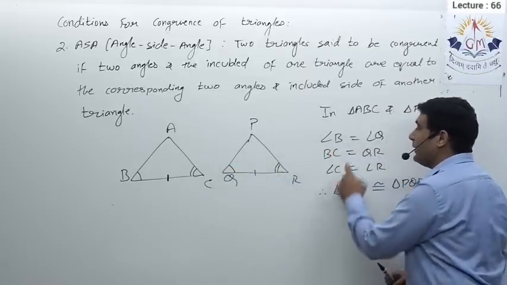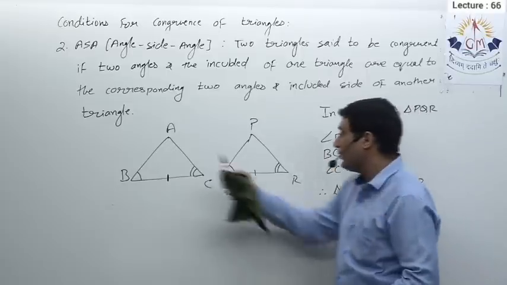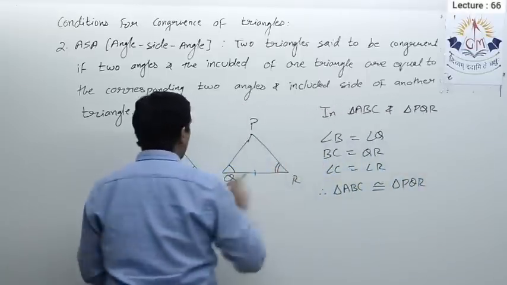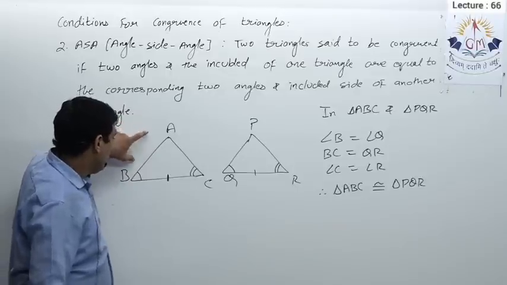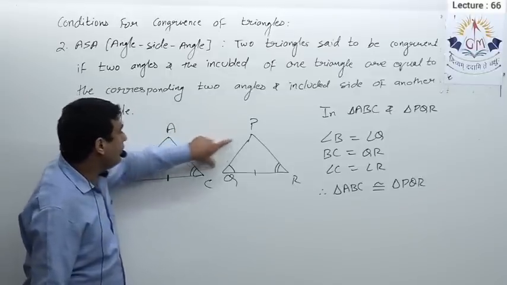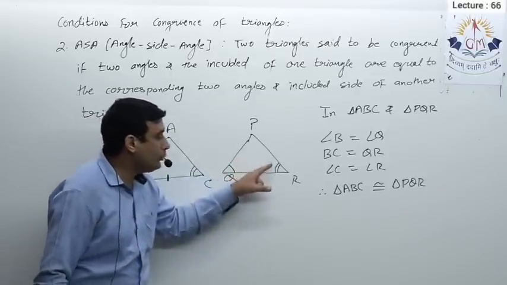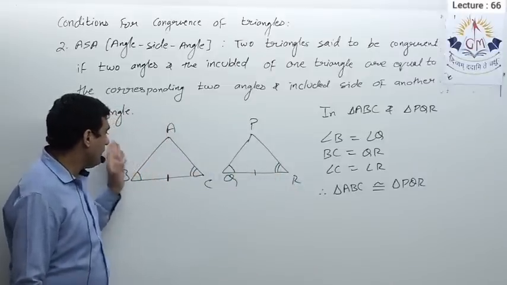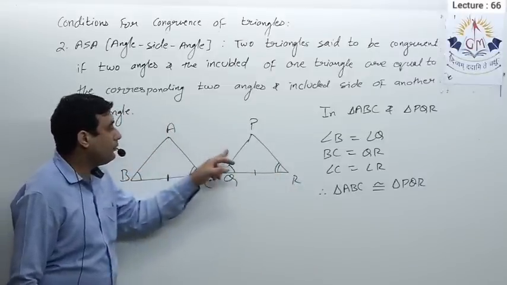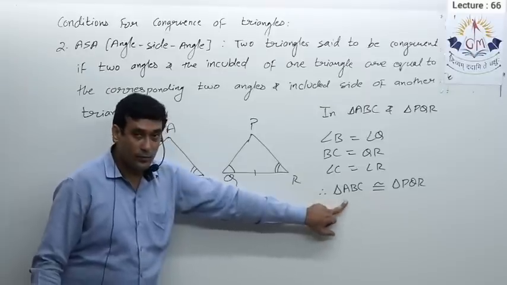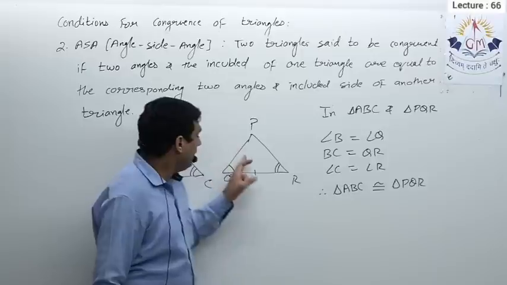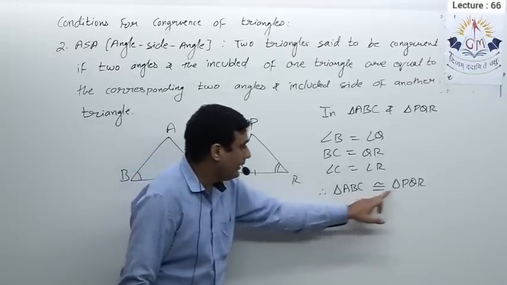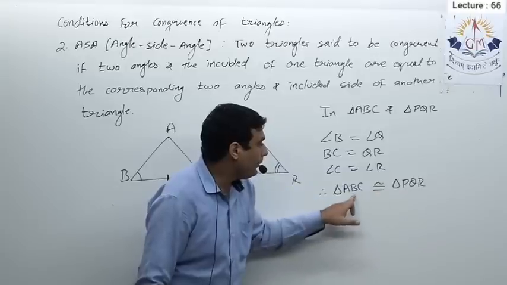If we talk about angles, it is very obvious that B and C are equal, so obviously A and P will be equal. Now what about sides? Here BC equals QR. Now, will AB be equal to PQ or AB equal to PR? I gave you the diagrams in such a way that you can directly say AB equals PQ, but the correct order always gives you this. So AB, PQ: if I take these two together, AB is equal to PQ.